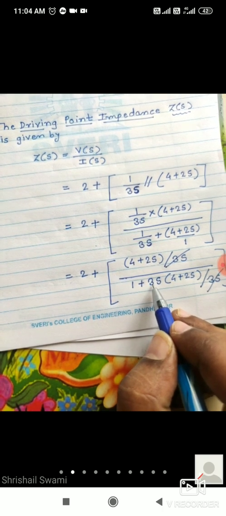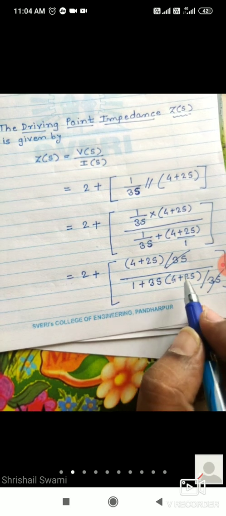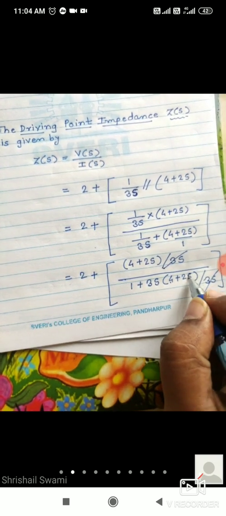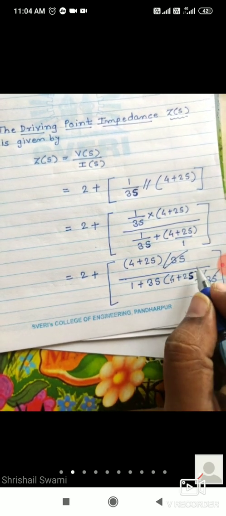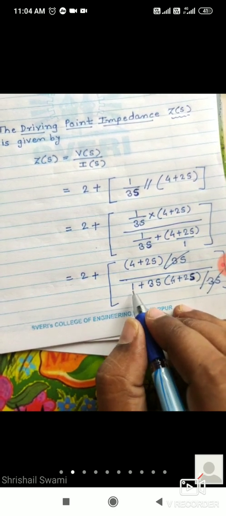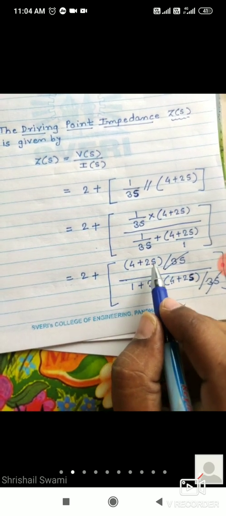Okay, आता इथं काय होणार, 3 into 4, that is 12 येणार. त्याच्यानंतर, not 25. Okay, so 3 into 2, that is 6 into s square येणार, 6s square, then 12s plus 1, that will come in the denominator, and the numerator will be 2s plus 4. Okay, so we'll continue now. So Z is equal to 2 plus as it is.